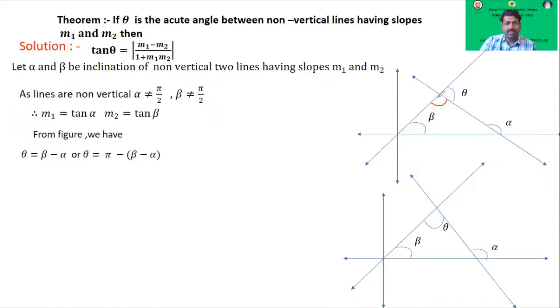For the second figure, this angle is, sorry, pi minus theta. So alpha is equal to pi minus theta plus beta. So theta is equal to beta minus alpha, or theta is equal to pi minus beta minus alpha. So the two possibilities are: tan theta is equal to tan of beta minus alpha, or tan theta is equal to tan of pi minus